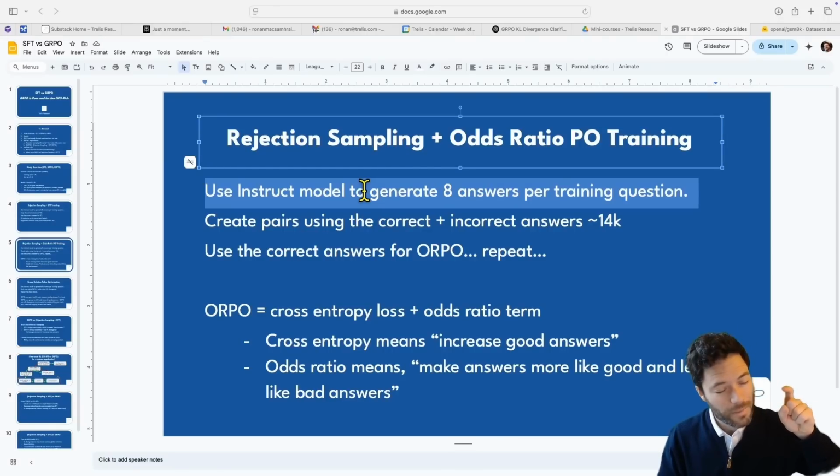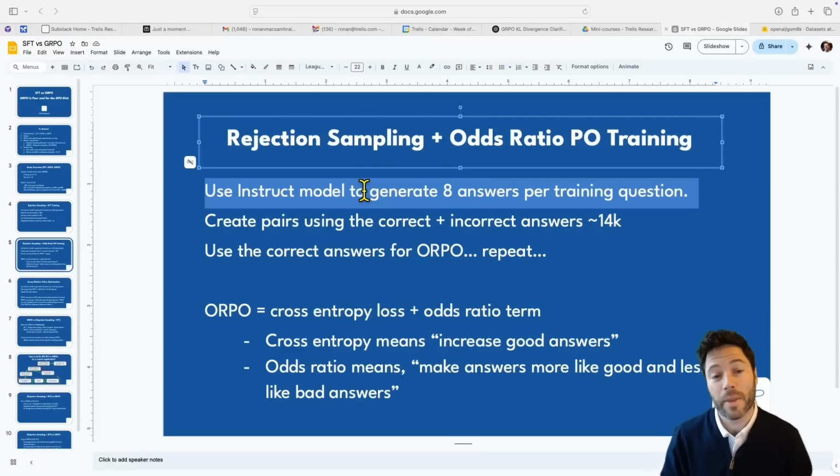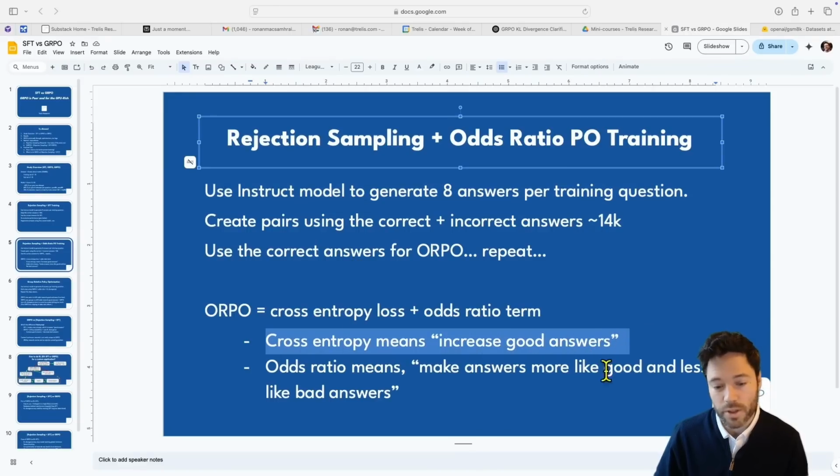And I create these correct, incorrect pairs, which are, what's the word? Chosen. Chosen is the word used for the better one, and rejected is the word used for the lesser quality one. So I take these chosen, rejected pairs, and I use those to run a backward pass using ORPO. Now, ORPO uses pairs instead of just using the correct answers. And so it's a bit like supervised fine-tuning, but whereas supervised fine-tuning will only try to increase the probability of the good answers, which mathematically has to kind of evenly reduce the chances of all the other bad answers, ORPO